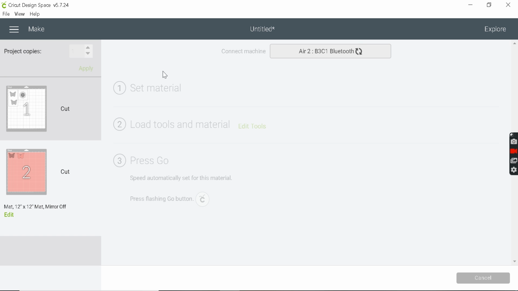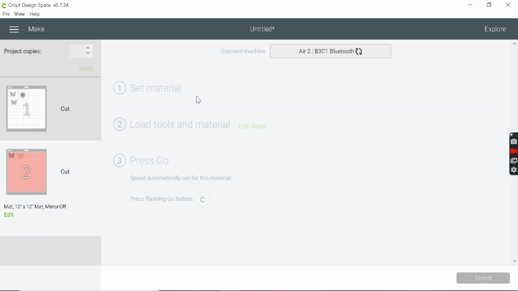So here you have set materials. So you can set your material to different options that are given by your Cricut. For fabric you have 6 to 7 different types of fabric. For felt you have 6 to 7 types, then transparency sheets and washi tapes, and then for cardstock, you have glitter stock, you have vinyl, you have iron on. So it goes on and on. So based on the material that you're using, you can set the material.